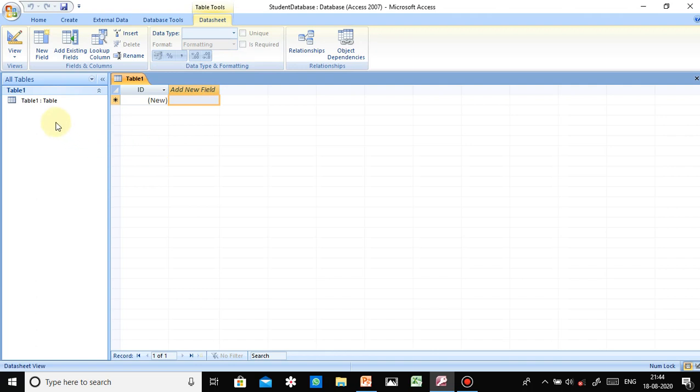Okay. Here one table is already shown, table 1. We have to enter the records in this table. You can see in your book also, on page number 26, figure number 2.8, the same structure is given. So we have to start with tables in Microsoft Access. How can we create a table? Here a table is already given, but we have to start with how we can create a new table.